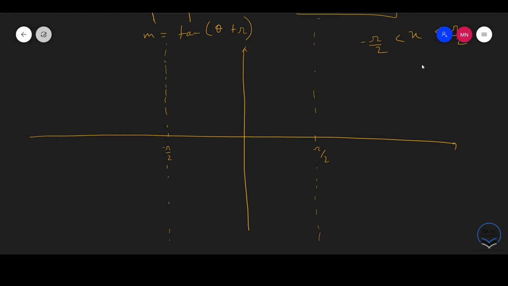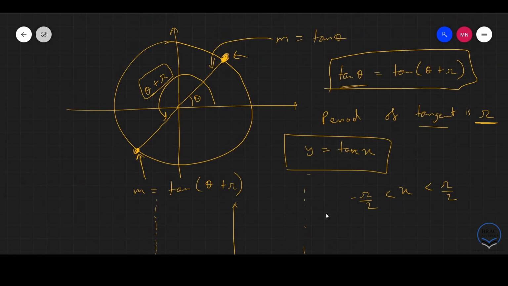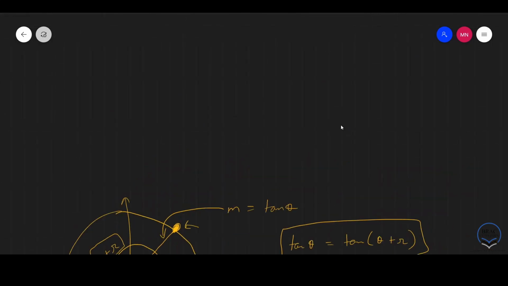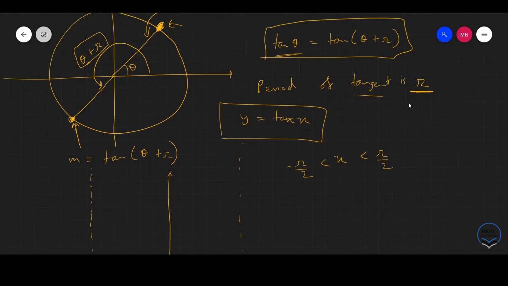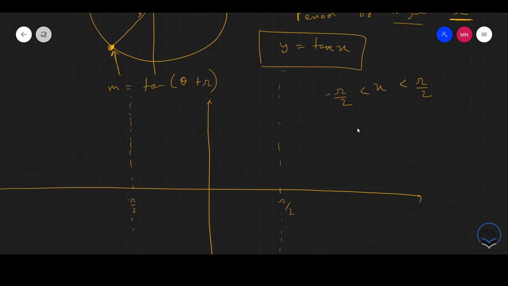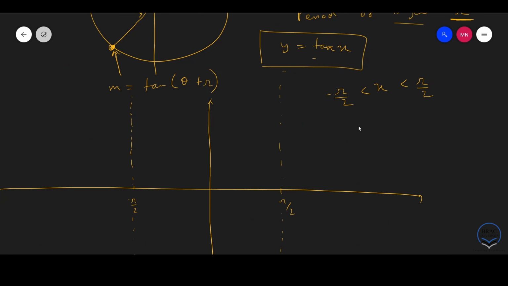Right, so from our unit circle, when we're considering the interval from 0 to pi by 2, we know that our tangent will be positive, right? We will have a positive slope. So we will start from 0,